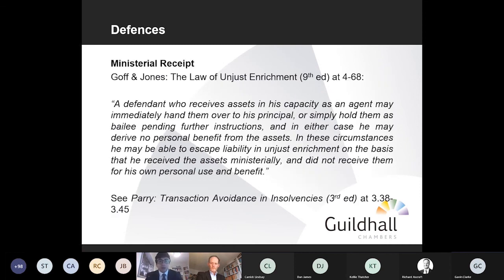That brings me on to the one defence which I think probably will be of relevance in the context of 127. That's the defence of ministerial receipt. I've put on the slide a quote from Goff and Jones which summarises how the defence applies in the non-insolvency context, which is, in essence, if money's paid to a defendant and his receipt of it was in the capacity of agent, not as principal, and he immediately hands the money over to the principal, then the court will not require him to have to pay the money back, or her,